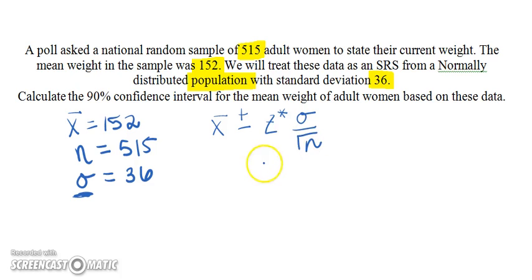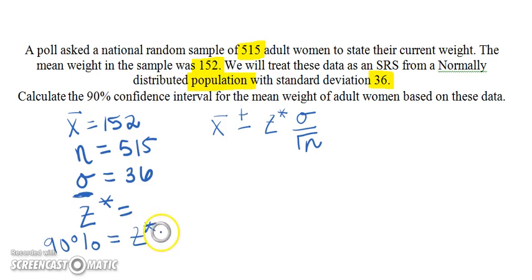So far we have all of our values except for z star. So how can we find this? Well, recall these are standard levels, and so from our notes we find that for a 90% confidence interval, this critical value, which is used only when we know our population standard deviation, will be equal to